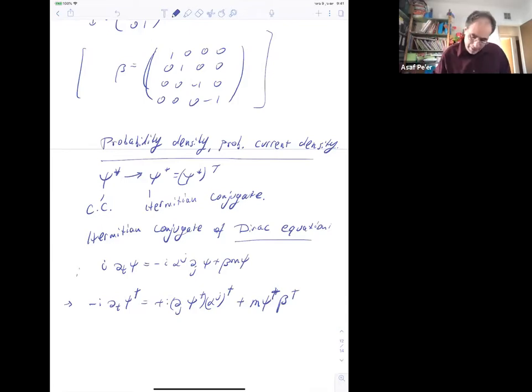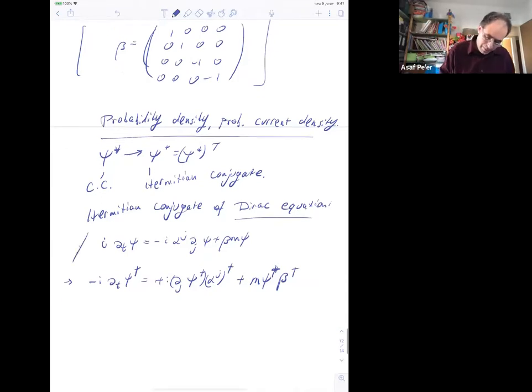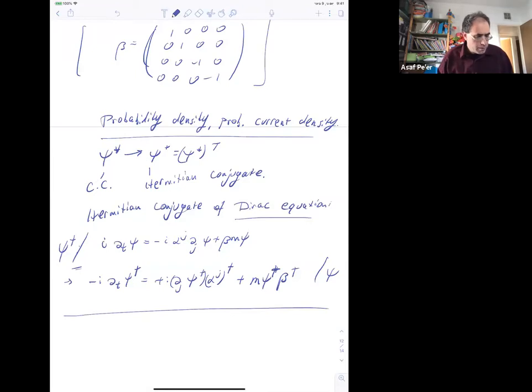So I'm going to take the Dirac equation, multiplied by ψ† from the left. Then I'm going to subtract this conjugate equation, which will be multiplied by ψ from the right. And I'm going to use the fact that all the α^j and β matrices are Hermitian. So we end up with